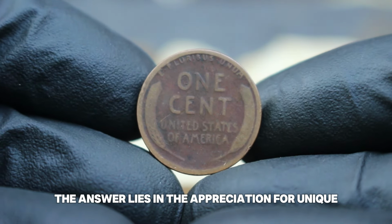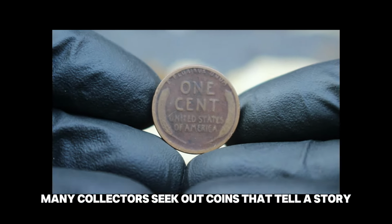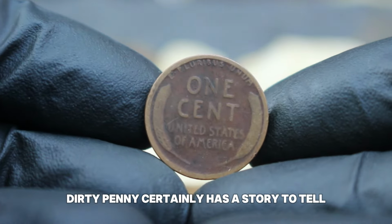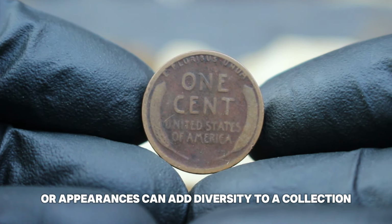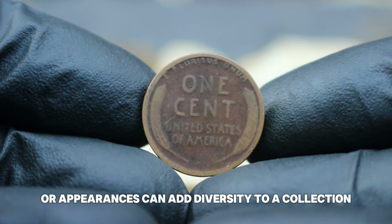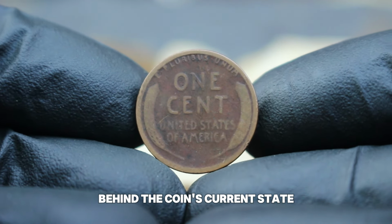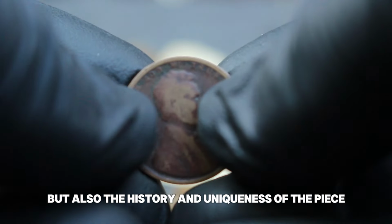The answer lies in the appreciation for unique and rare pieces. Many collectors seek out coins that tell a story, and a blackened, dirty penny certainly has a story to tell. Coins with unusual conditions or appearances can add diversity to a collection and spark interest in the historical context behind the coin's current state. For many, it's not just about the monetary value, but also the history and uniqueness of